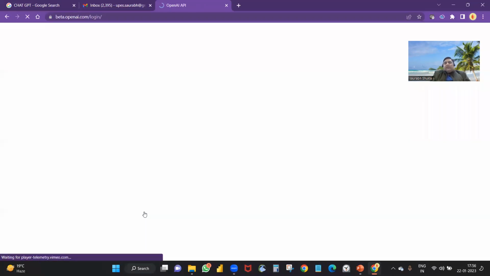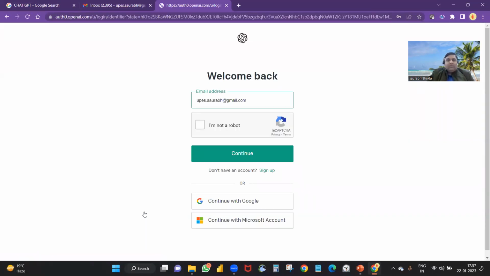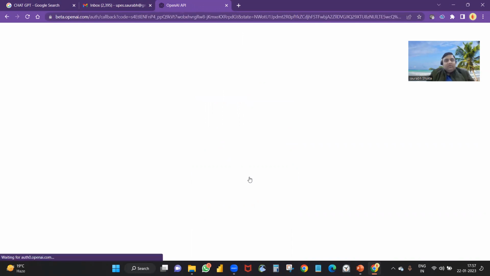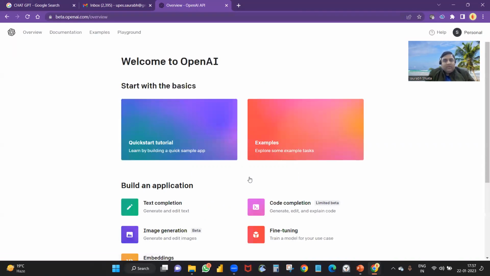So I have already created my login using my Gmail. You can also use your Gmail account and create your login here. Once you create a login here on openai.com, it will take you to another screen, something like this. So this is very important, guys. You have to understand what you want from this particular